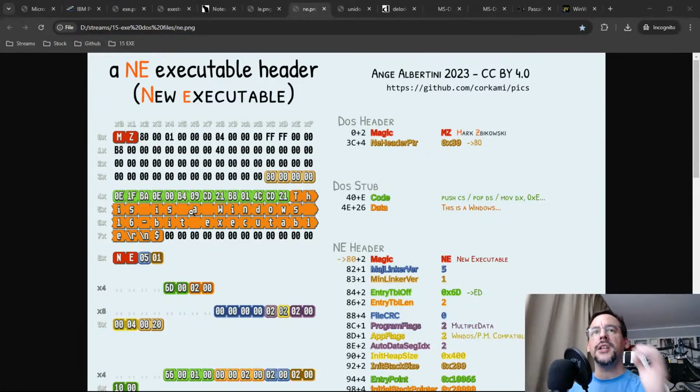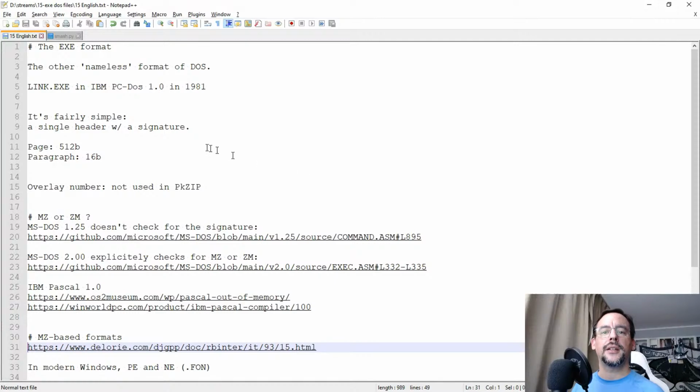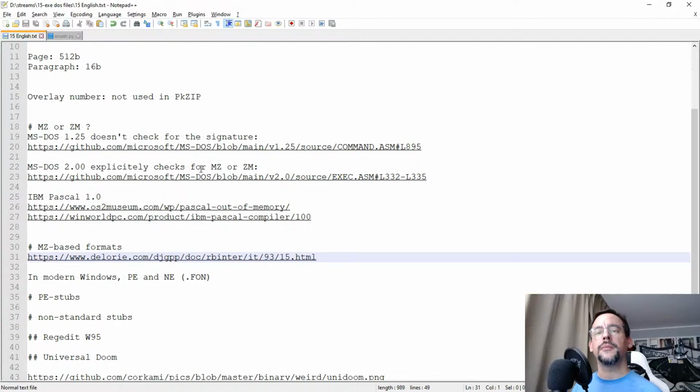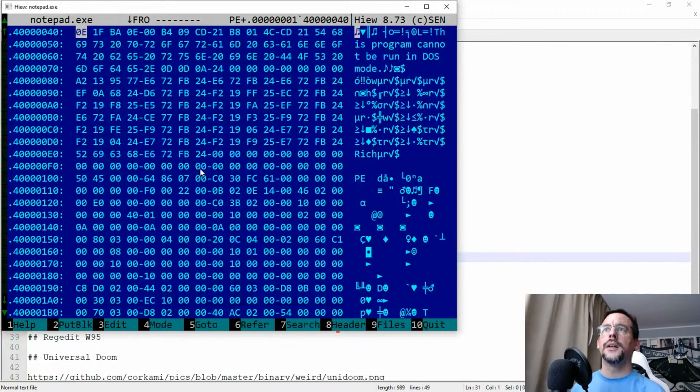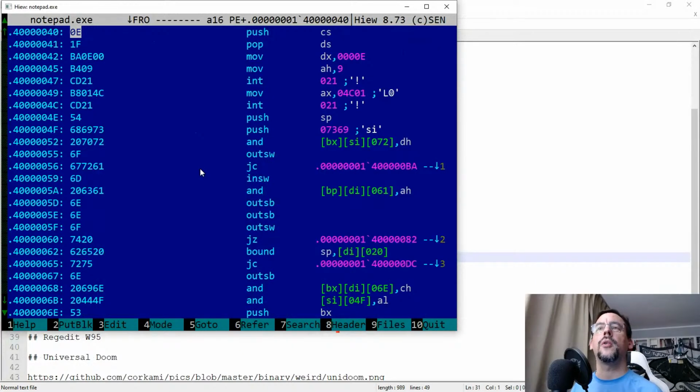So that's it for the change in the meaning of the offset 3C and the difference between the original DOS header and the newer use in the PE header. And nowadays, again, most PEs will be like, that's my Notepad. This is just a small stub, and it's just a very small